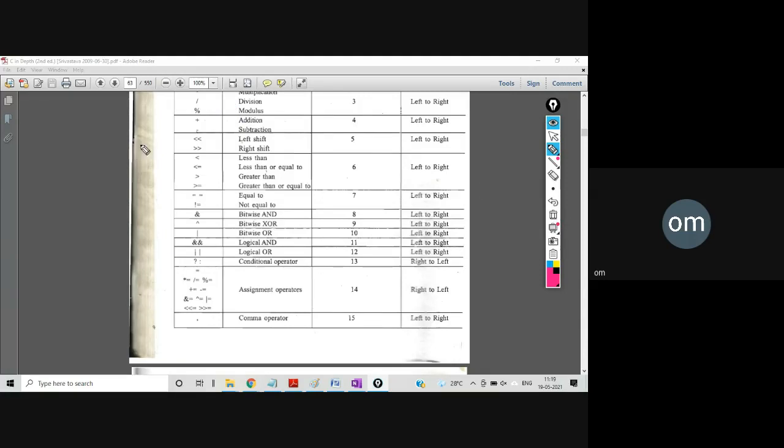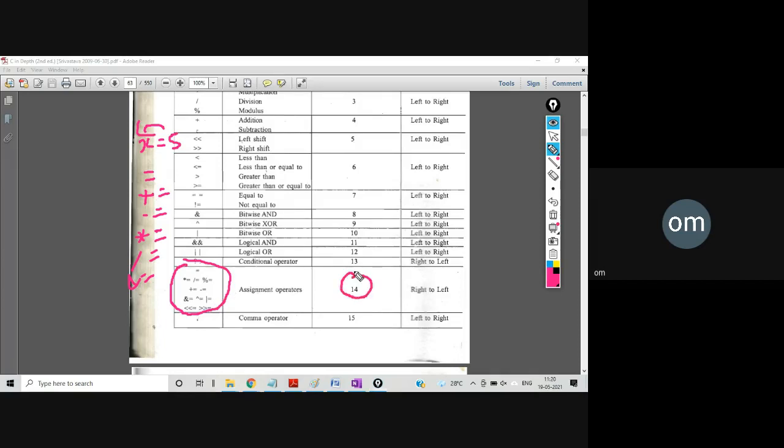So we can write like this, x is equal to 5. So 5 will get assigned to x. This is the assignment operator. So we are having these assignment operators: plus equal to, minus equal to, into equal to, division equal to, ampersand equal to. If you see over here, we are having the list of assignment operators along with the updating assignment: equal to, into equal to, division equal to, mod equal to. All these operators we are having, that is assignment operators.